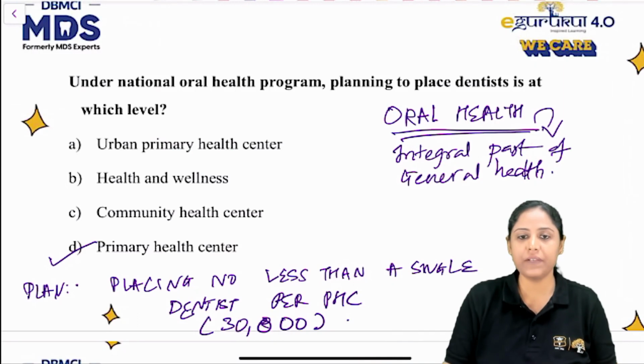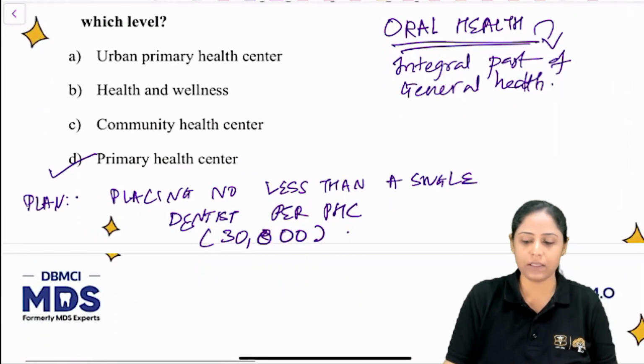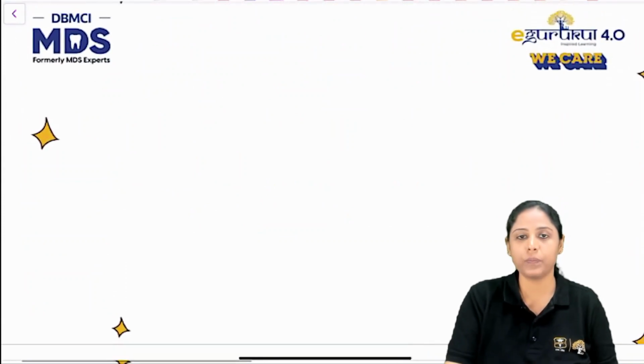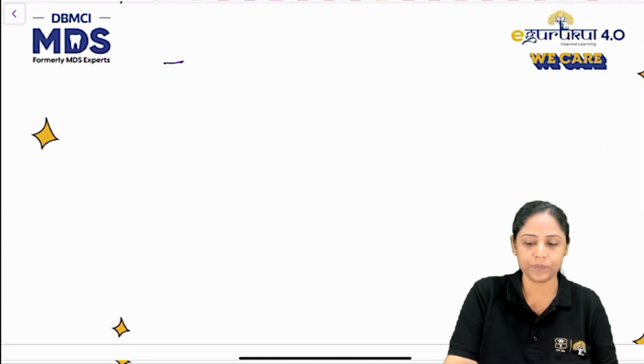Also, there are a significant number of people who have no permanent access to dental services. They are not near to these services, they are in the hilly areas maybe. So the availability or accessibility may not be there, and the provision of healthcare delivery is compromised at many levels. And the primary oral healthcare approach